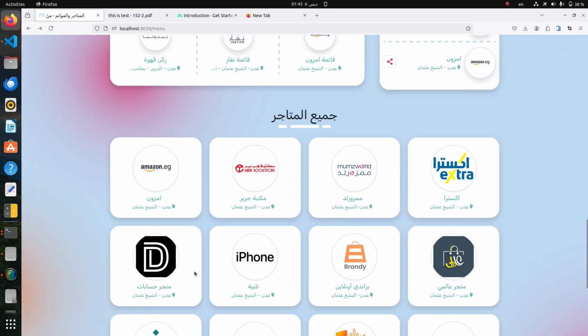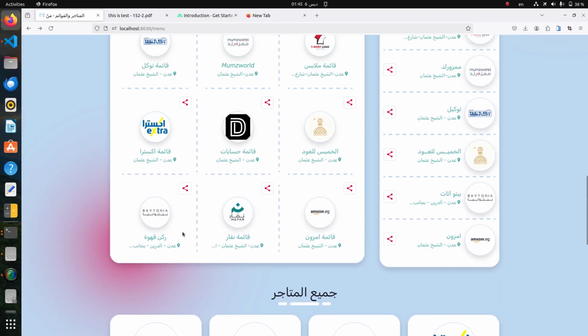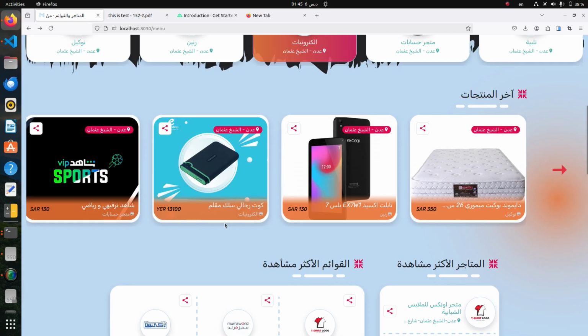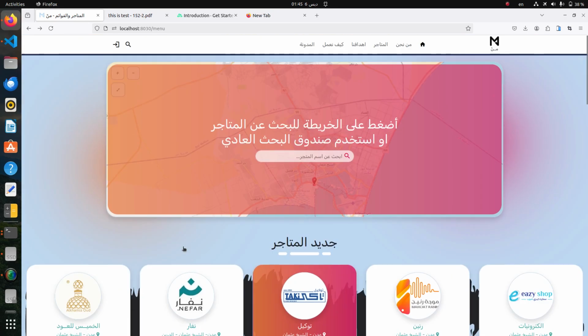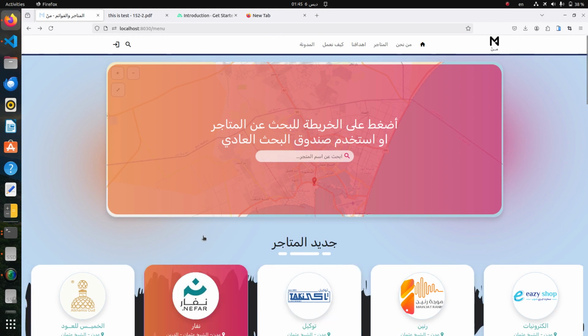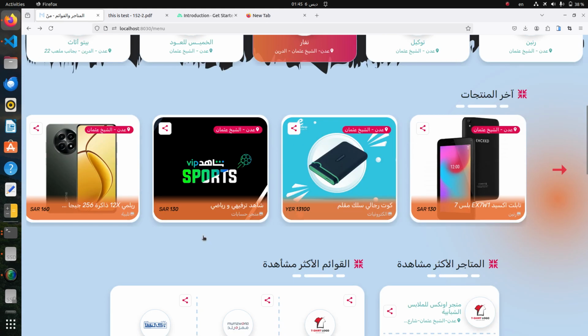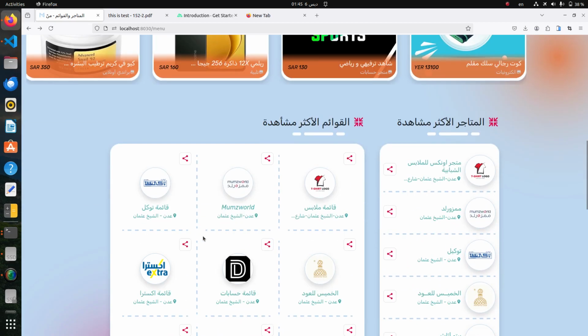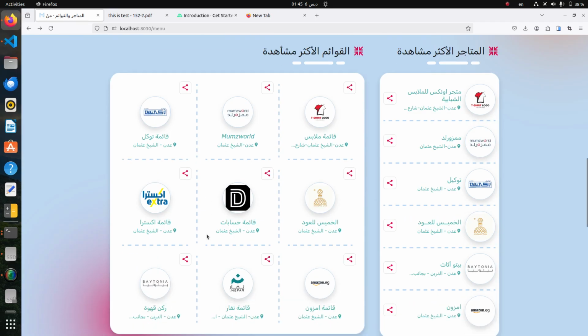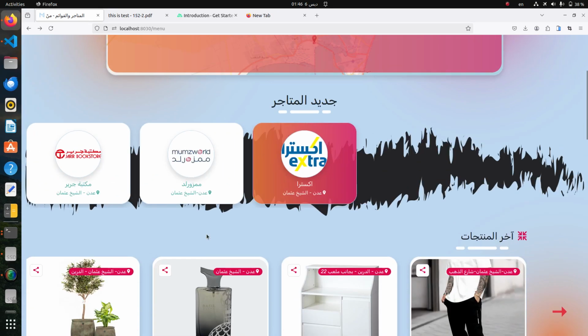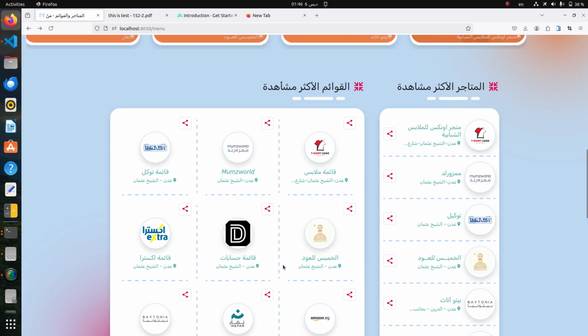My principle is not dependent on this, because this is a static website, but I put it in this static site to collect all the applications. My ideas are exactly about